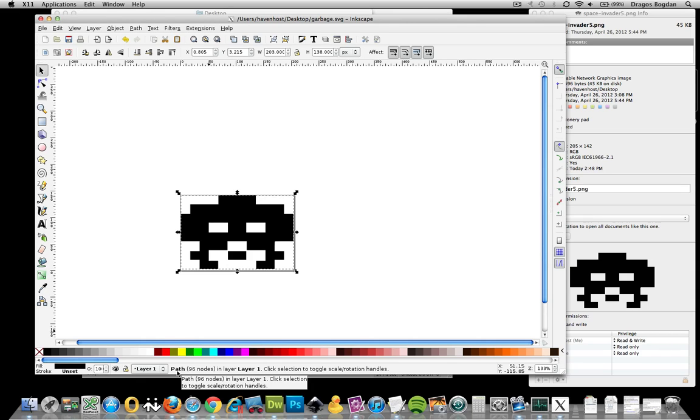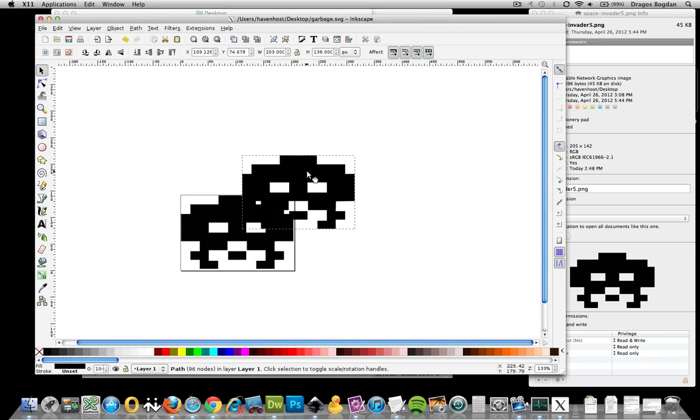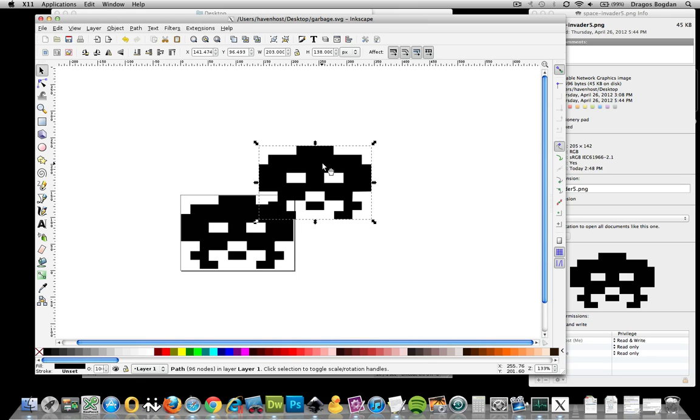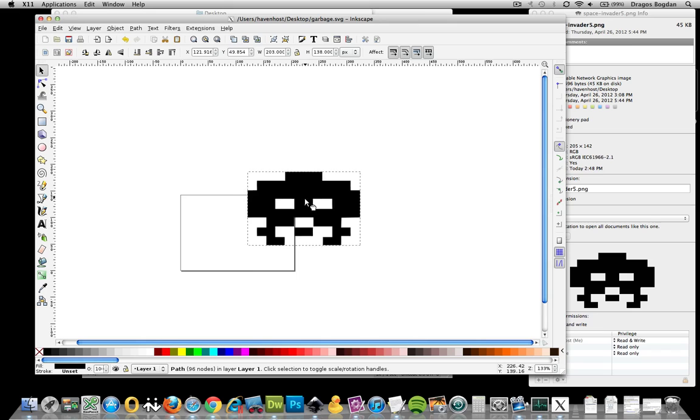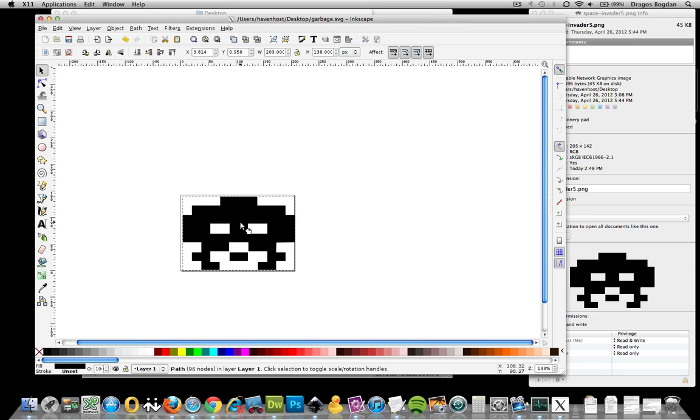Also, be aware that now you're going to have two images there. You're going to have the original bitmap and the thing that's called path. Now, the path is the actual vector, and the image is that bitmap. So you want to get rid of the image, because what you're looking at is the path, and that's going to be the actual code. And make sure you keep it within that document area over there, because that's what's going to be the viewable area. And now we could actually just save it as